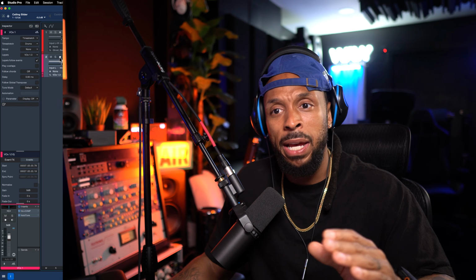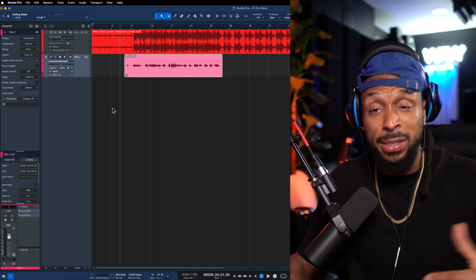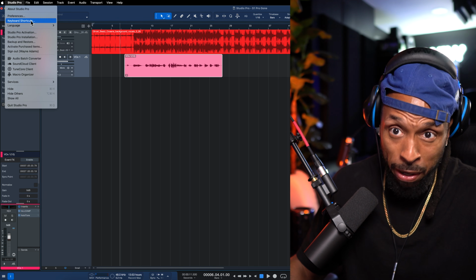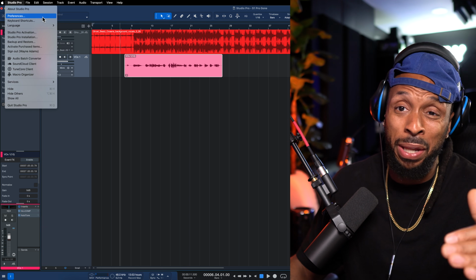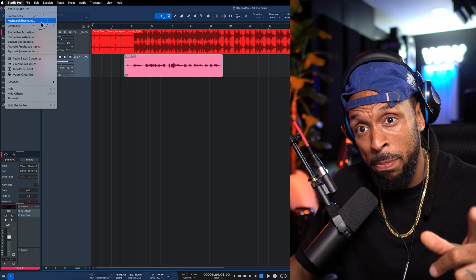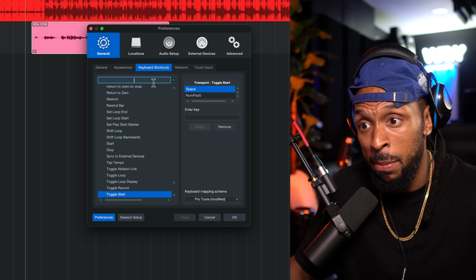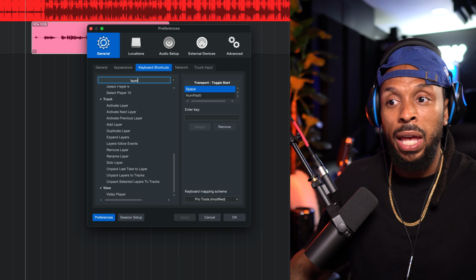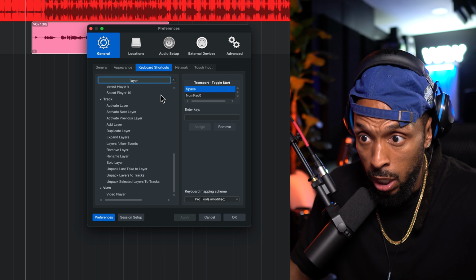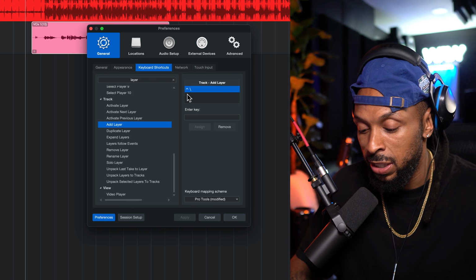So first thing first, man, the main thing that I wanna do is actually set up my shortcuts, right? So a few shortcuts that you want to set up. I'm gonna go up to the Studio Pro preferences because we don't want to be playing around with this stuff, man. I'm gonna go up to the Studio One menu, go to keyboard shortcuts, and then on that keyboard shortcuts tab, you can just search layers. Now, in Pro Tools, it's called playlisting, and Studio One is called layers. So we just gonna go to layers, and then the add layer, you see I'm using the shortcut, that's Control /